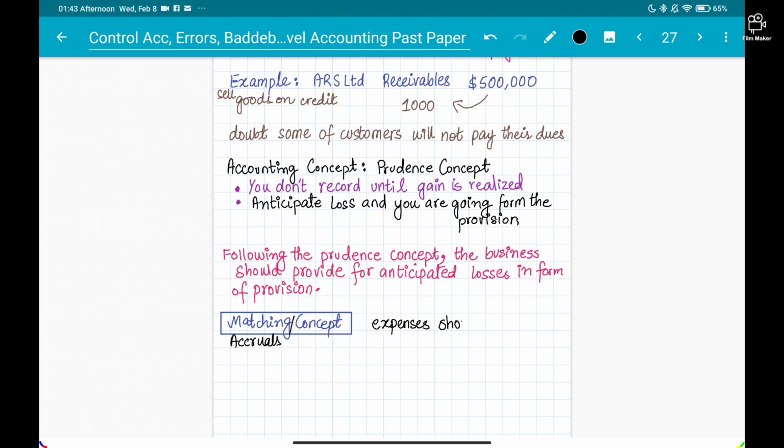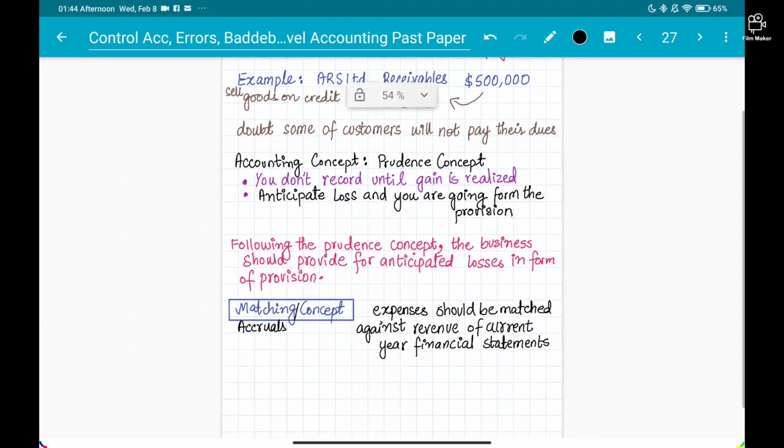Expenses should be matched against the revenues for the current year, and because bad debts is an expense, that's why this concept also comes in: expenses should be matched against the revenues of the current financial year. Okay, so the important word is current financial year. जिस साल का जो expense है bad debts का, वो आपने उसमें record करना है of the current year financial statements. These types of questions will be coming in the theory for the provision for doubtful debts,